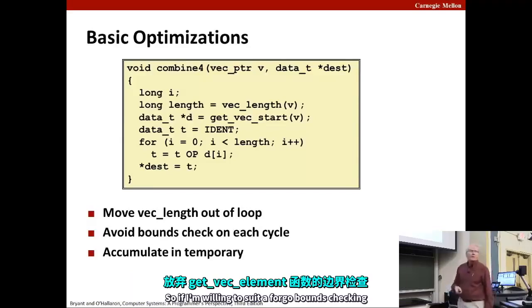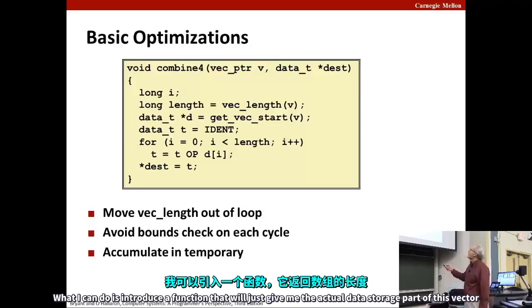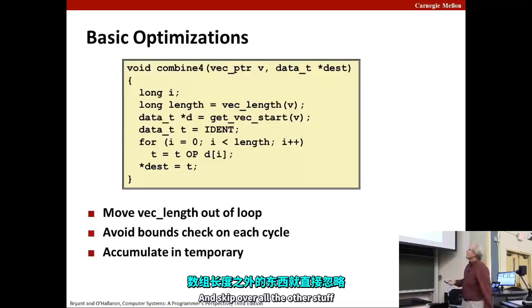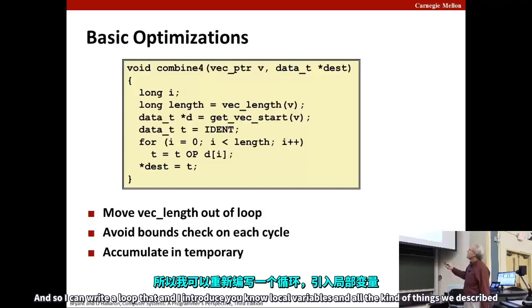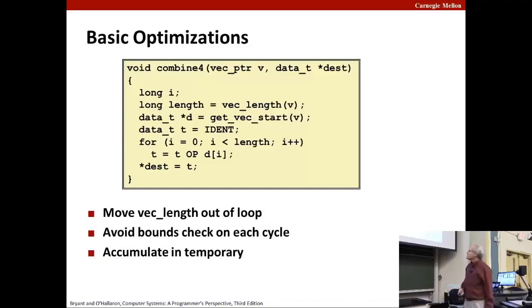So if I'm willing to forego bounds checking, I can introduce a function that will just give me the actual data storage part of this vector and skip over all the other stuff. And so I can write a loop and I introduce local variables and all the kind of things we described,